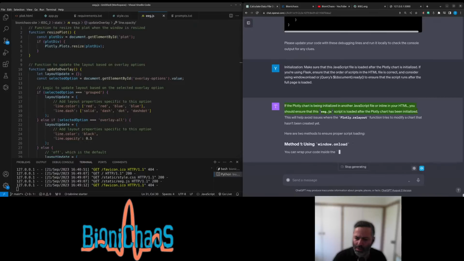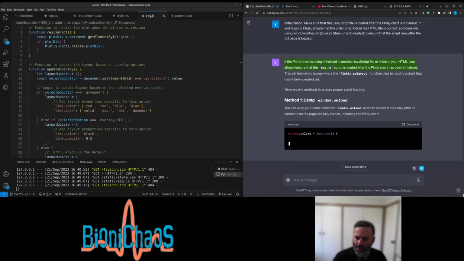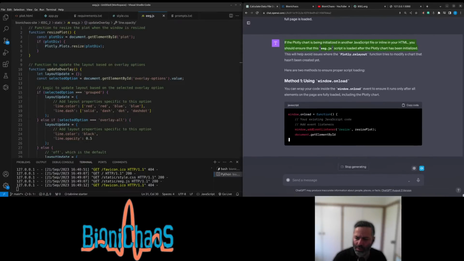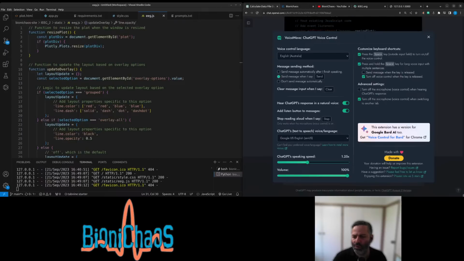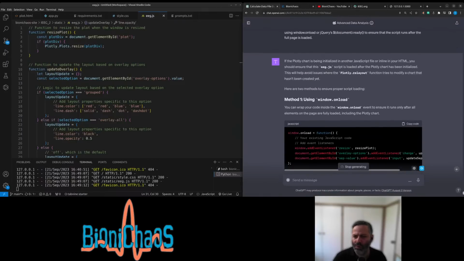If the Plotly chart is being initialized in another JavaScript file or inline in your HTML, you should ensure that this EEG script is loaded after the Plotly chart has been initialized. This will help avoid issues where the Plotly relayout function tries to modify a chart that hasn't been created yet. Here are two methods to ensure proper script loading. You can wrap your code inside the window.onload event to ensure it runs only after all elements on the